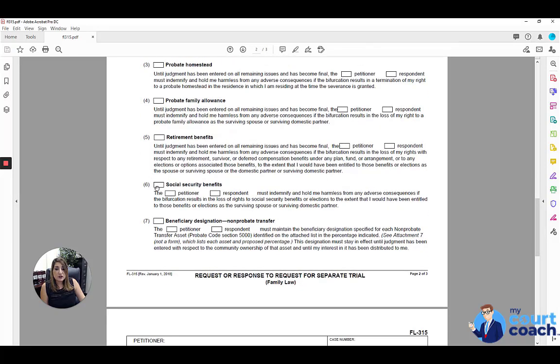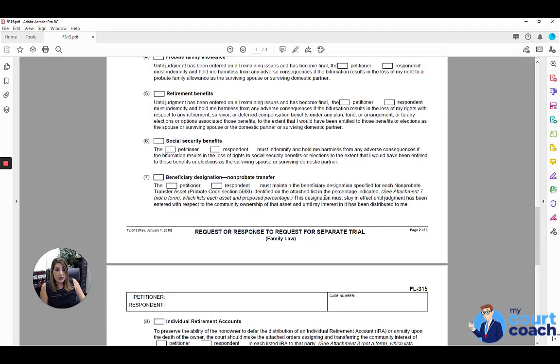Same goes for Social Security benefits. Mark the box that identifies the requesting party. That party must indemnify and hold the other party harmless from adverse consequences that may result in the loss of Social Security benefits for the other party that they otherwise would have been entitled to, but for the early termination of marital status. Finally, in box 7 on this page, you want to mark that the requesting party must maintain